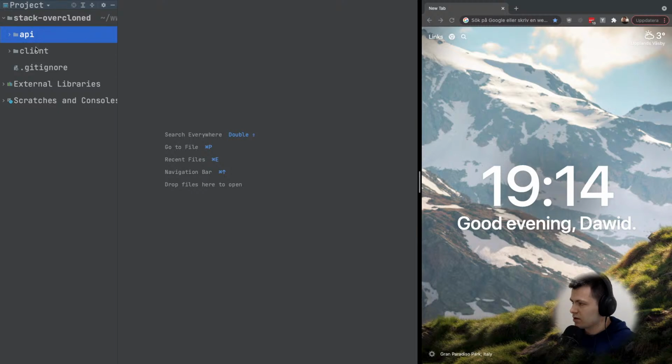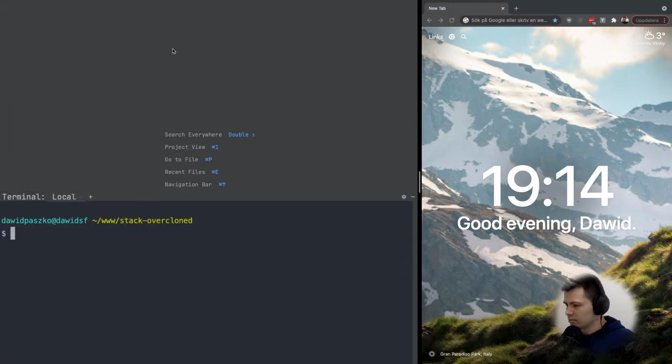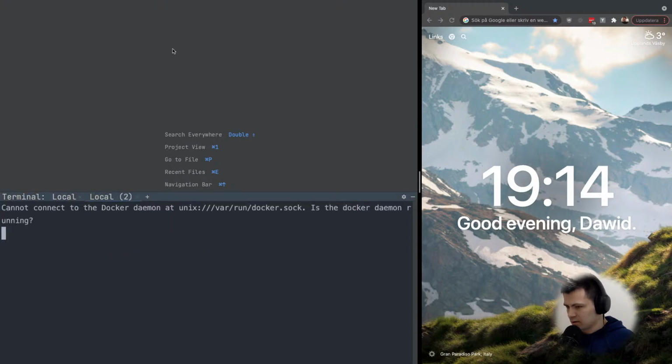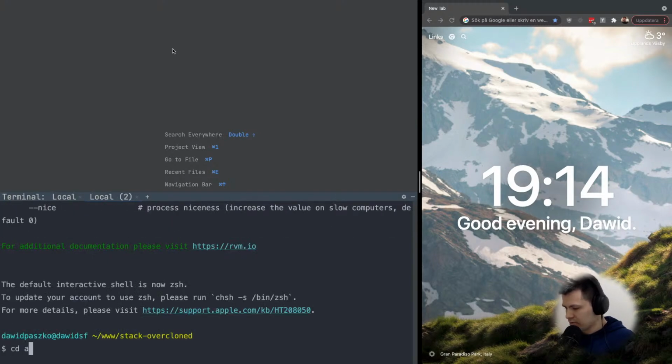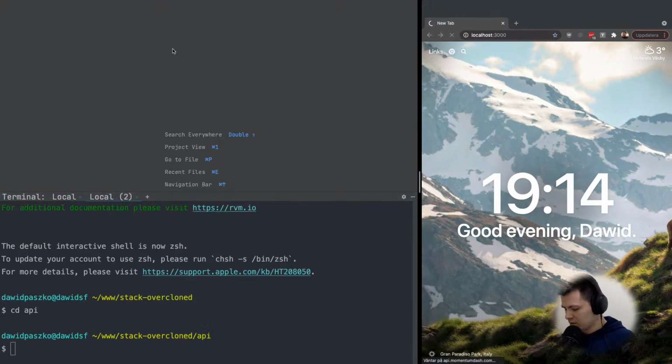So from the previous code, we have API and client here in our project. The first thing I will do is to start both of them. So I will go to client and yarn start. Also in a new tab I will go to API, and here I will do